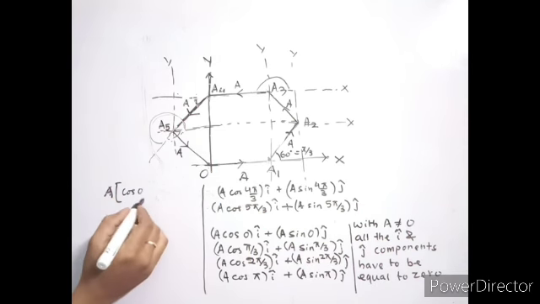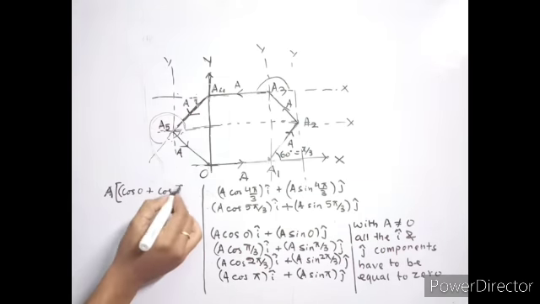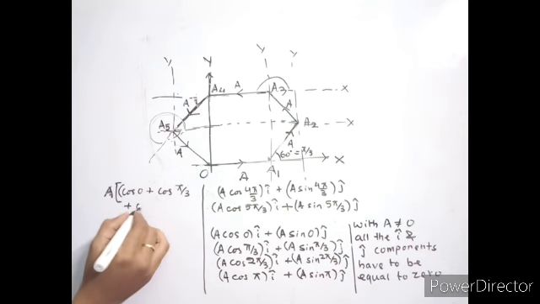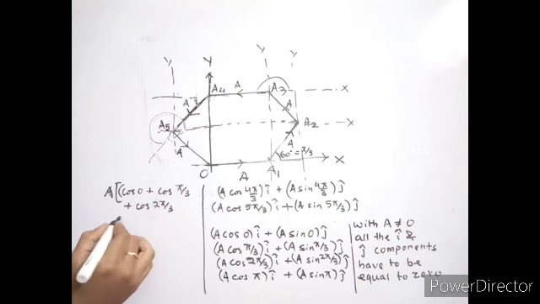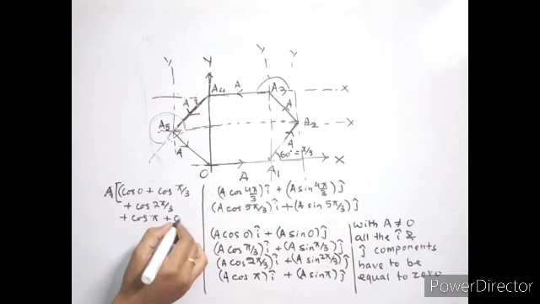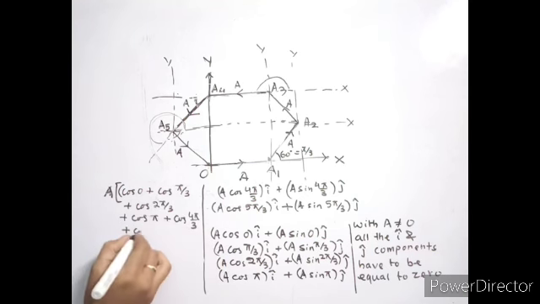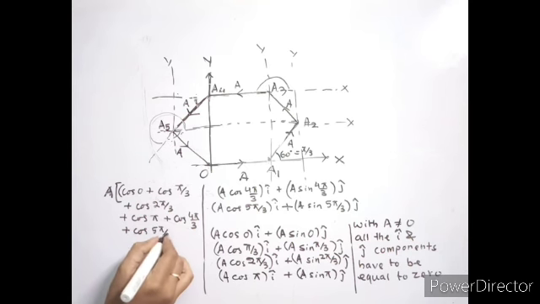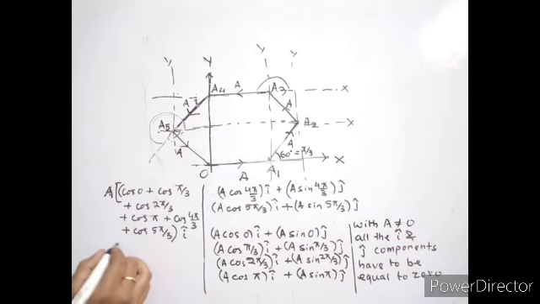So we have cos 0 plus cos pi by 3 plus cos 2 pi by 3 plus cos 3 pi by 3, that is pi, plus cos 4 pi by 3 plus cos 5 pi by 3, with i cap taken common,